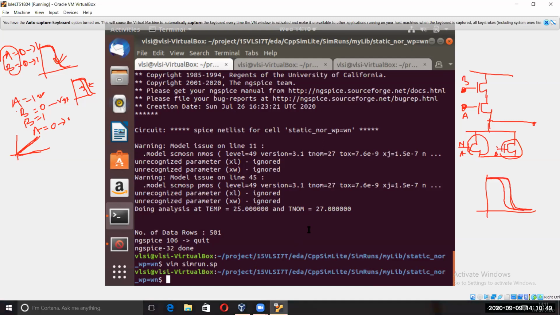Then in the next case it will shift. So why am I saying this? Because one transistor is on, so when they are in parallel, the resistance decreases. But when only one of A and B is on, that thing I understood, you also understood. So both are parallel, so the strength will be more, so you'll get this type of curve. Because the NMOS strength will be more, it will shift left.